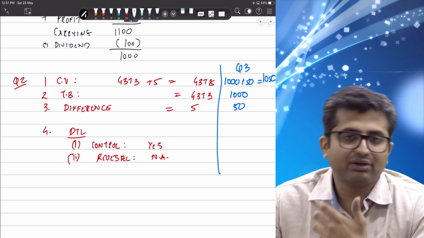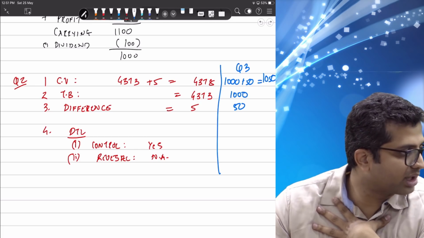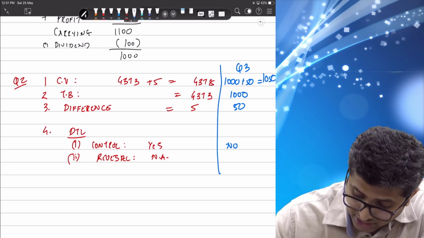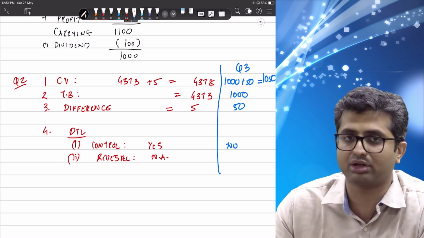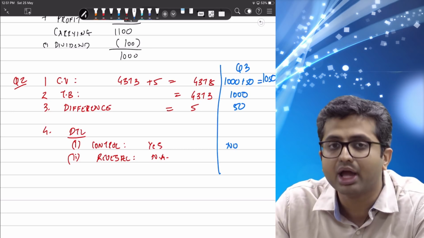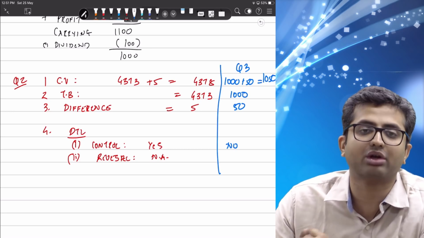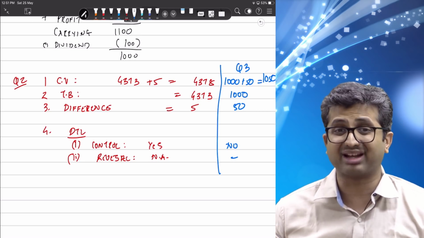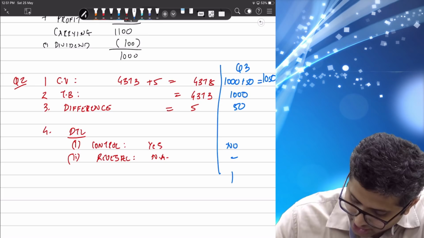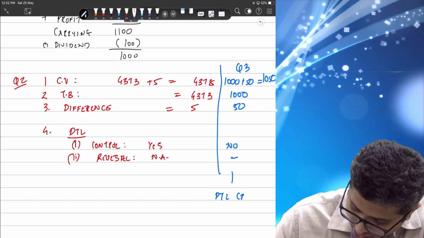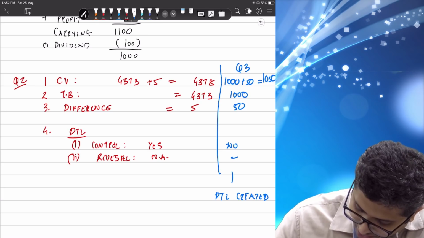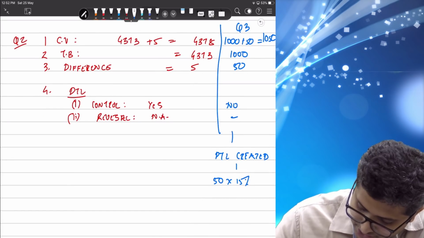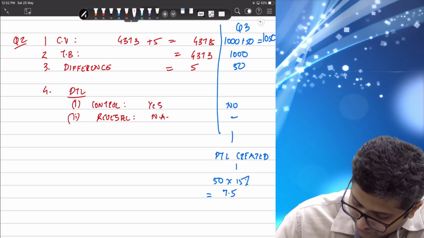However, does it necessitate creating a deferred tax? Well, it entirely depends on whether you have control over the entity's dividend policies. With a 50% investment, you do not really control that. As a result, you do not control the timing of reversal. Whether dividend is probable or not, the exception does not apply, and hence DTL is to be created. At what value will DTL be created? DTL will be created on the difference, that is 50 into 15%, which comes to 7.5.